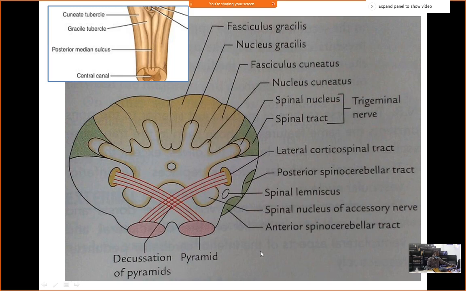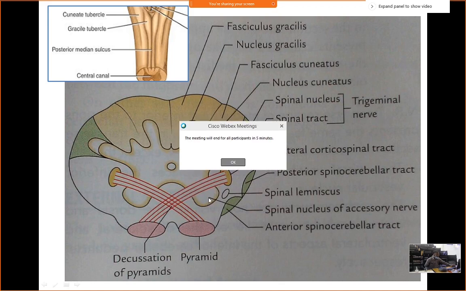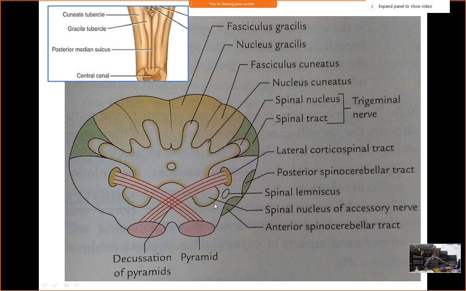Now in this pyramid, because our section is at the level of the pyramidal decussation, the fibers from the right side go to the left, and from the left they go to the right. These ultimately form the lateral corticospinal tract. The fibers cross, then go to the lateral fasciculus, lateral to the central horn, forming the lateral corticospinal tract. Due to this pyramidal crossing of the fibers, the ventral horn gets detached from the central gray matter, and this detached part is called the spinal nucleus of the accessory nerve.